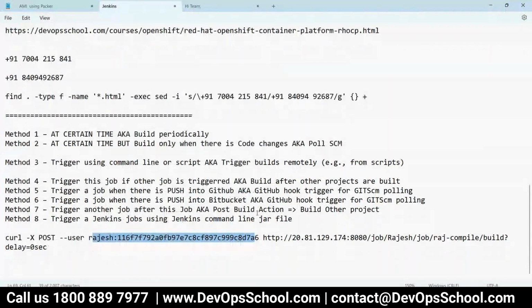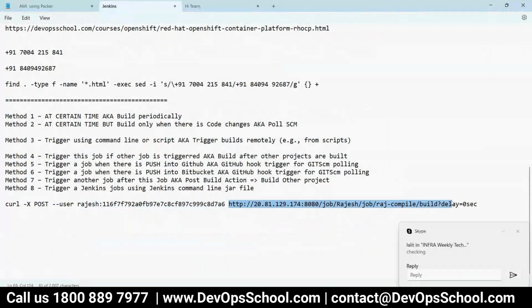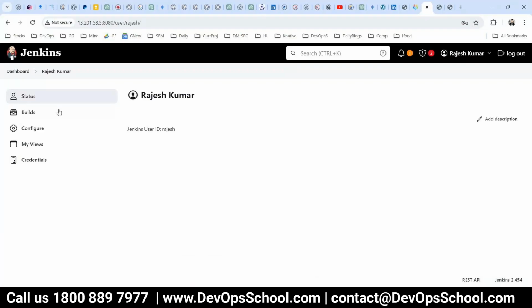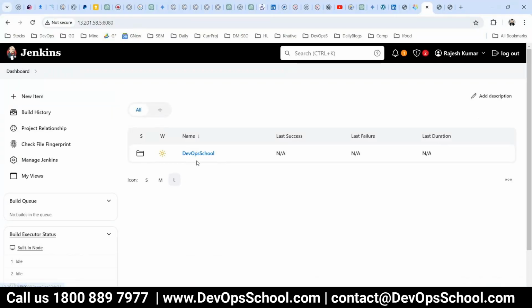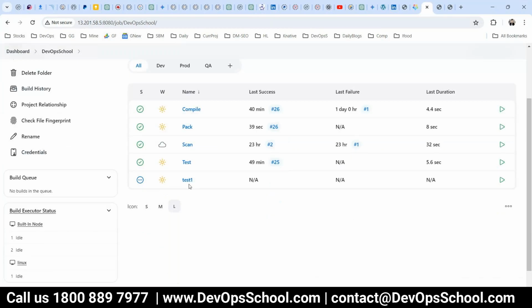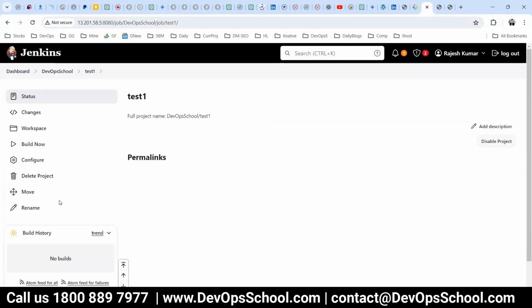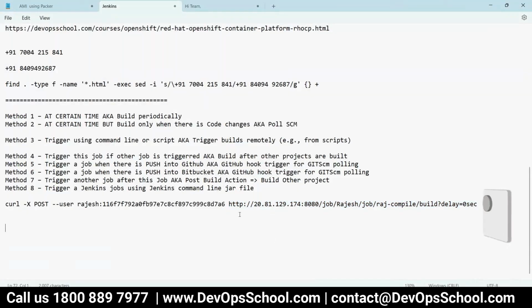Now whichever job you want to trigger, you can do that here. So how can you do that? Let me show you. Go to Jenkins, go to the debugschool, go to the test one job which has not been built, and you see here, build now. Don't click on it, right click, copy link address. That will be easier for you. Copy this. That's all. So this is the URL, this is the username, this is the token, and